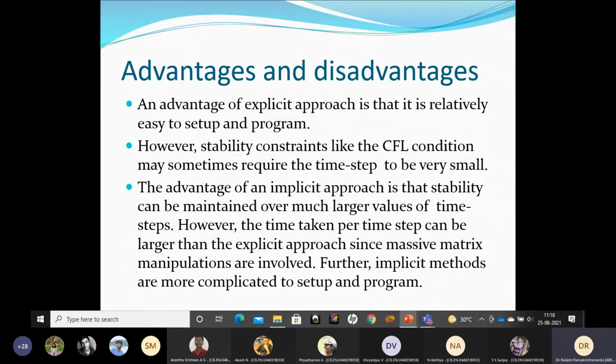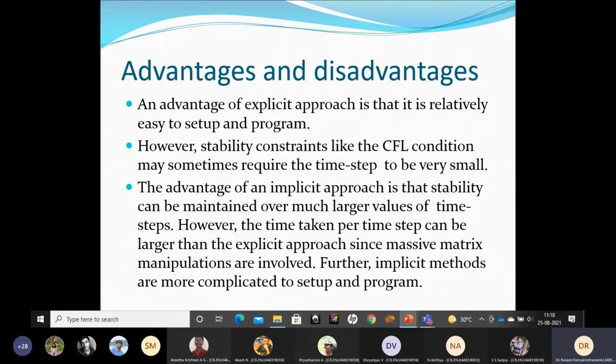If you want the solution for 0 to 1 second, I want all the way in which the flow behaves. So if you take 10 divisions, each time step is 0.1. That may not be enough. You may have to take 0.01, so 100 divisions you may have to take. Even that may not be enough. Take it for 0.001. So to get this solution, you have to do 1000 time steps.